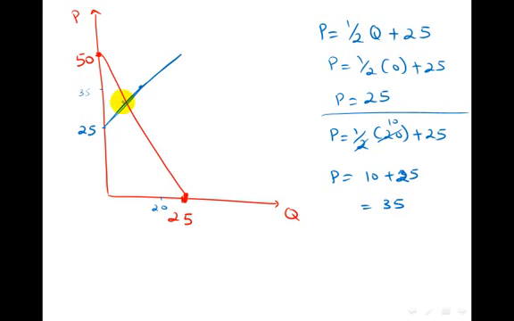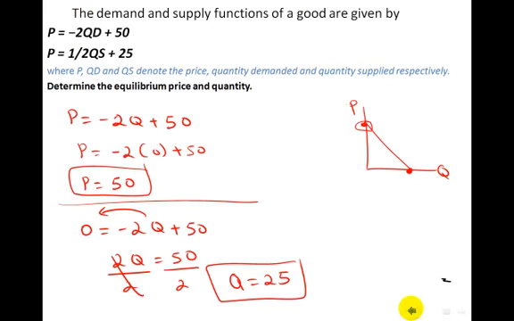So this is my point of equilibrium. But from this graph, it's very difficult to know what is the exact point of equilibrium. I know that for price it is between 25 and 35, and for the quantity it would be less than 20. But less than 20, there are lots of numbers less than 20. So to be sure which number I'm talking about, you are going to use here simultaneous equation for the two functions. By these two functions,